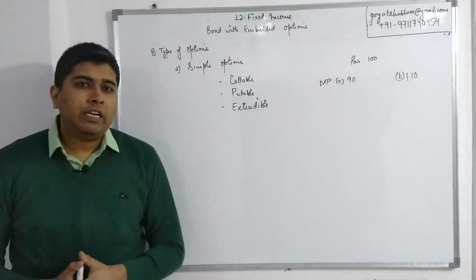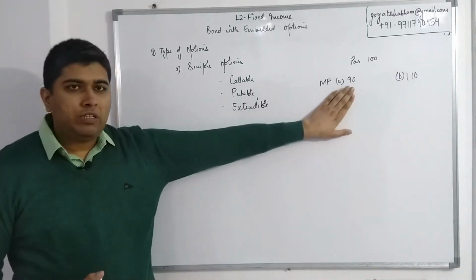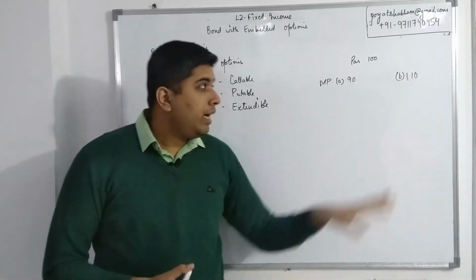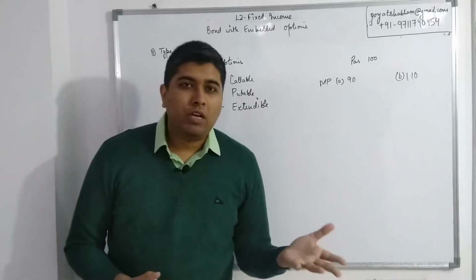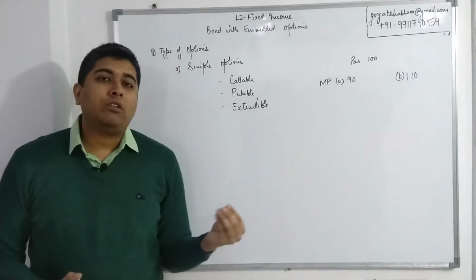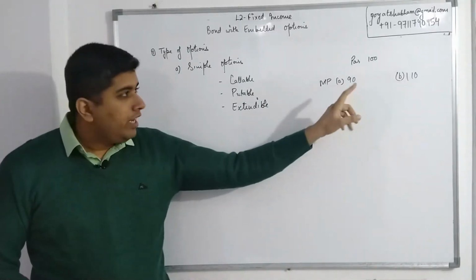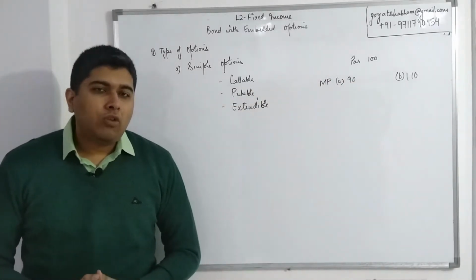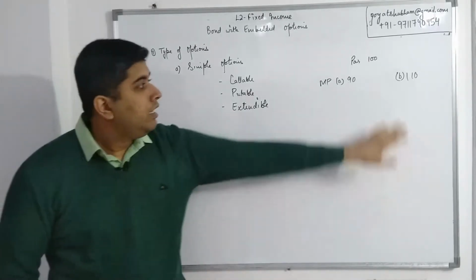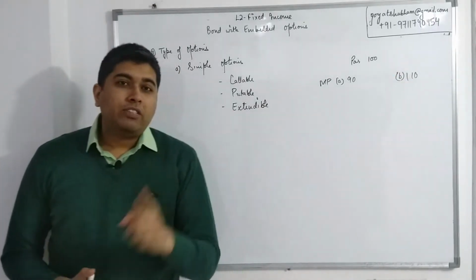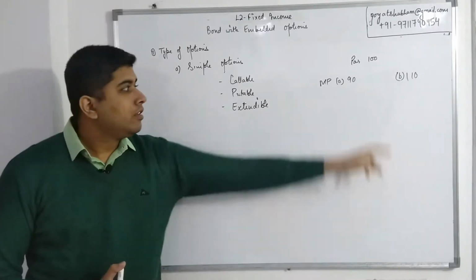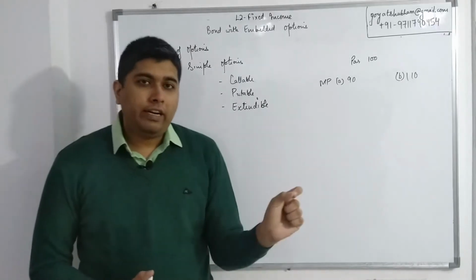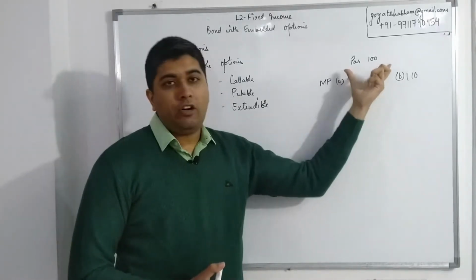Now think logically. Right now the bonds in the market are worth 90. Does it make financial sense for the company to buy them back at a price of 100? No. They'll be paying more for the bonds than what the bonds today are worth. So in case the market price is low, the company would generally not be interested in exercising call options. But in the second case, when the market price of the bond is high, the company has an incentive that they can buy the bonds which are worth 110 for just $100.